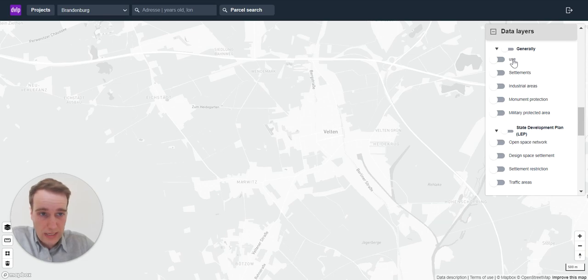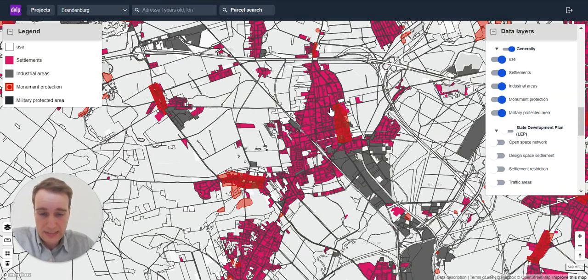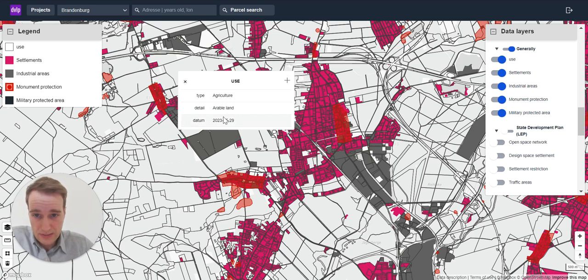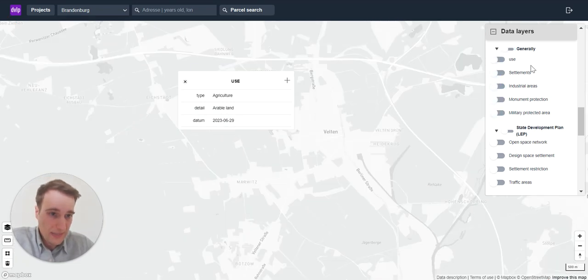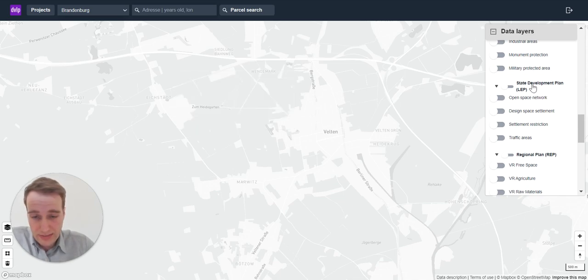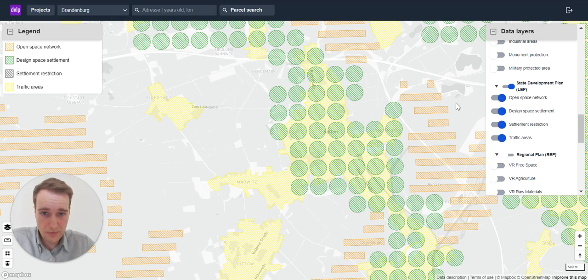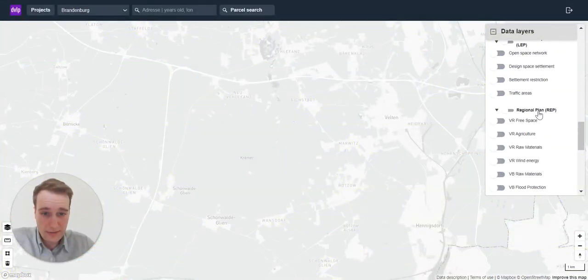For the use, we provide data around the general use types. You can see if the data, for instance, is settlement or an industrial area. You can see the exact use type of the site, such as if it's agricultural, arable land, or if it's a greenfield site. Then you can access all different development plans, the state development plan, the regional plan, very important